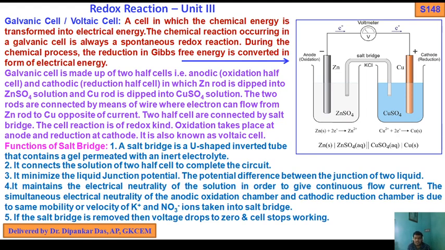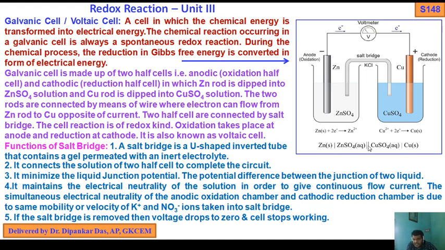The galvanic cell consists of two beakers: one containing 1 molar zinc sulfate solution in which a zinc rod is dipped, another containing 1 molar copper sulfate solution in which a copper rod is dipped. The zinc rod is the anode, the negative pole; the copper rod is the cathode, the positive pole. The two rods are connected by a wire, and electrons flow from zinc to copper. Zinc loses 2 electrons, becoming Zn2+ aqueous, because oxidation takes place at the anode, and Cu2+ aqueous accepts those 2 electrons, becoming solid copper.